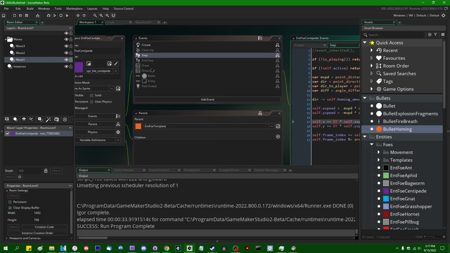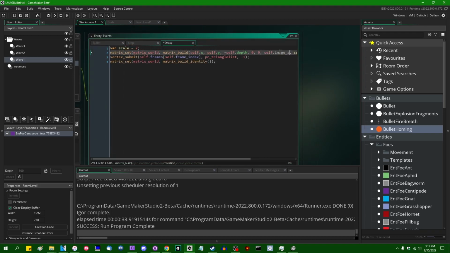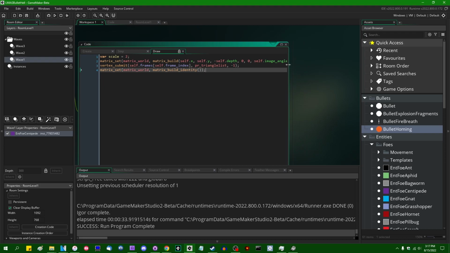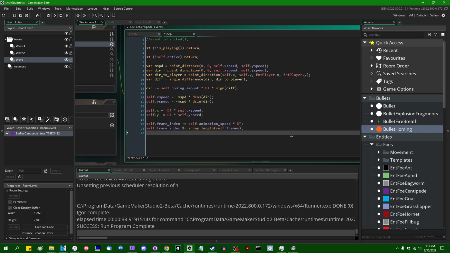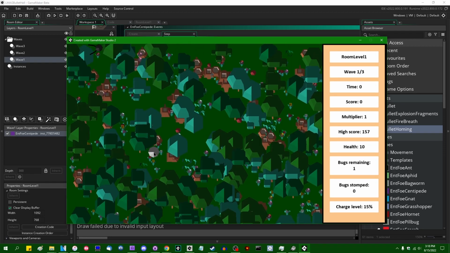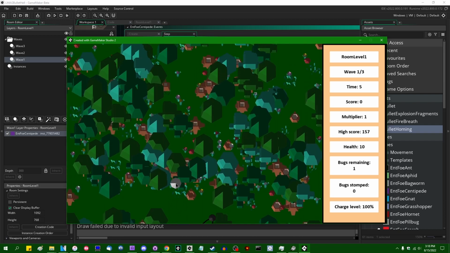I would also like, by the way, in the draw event, we can rotate our models around the z-axis based on the image angle, and generally that's going to be 0 for most things. But for our case, image angle is going to be direction, and that should make the things turn towards me, which I absolutely am going to hate. But all right, am I going to want...